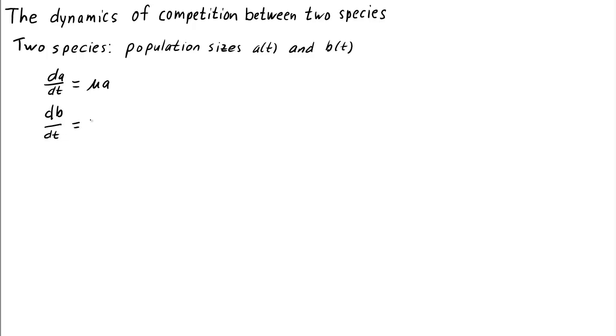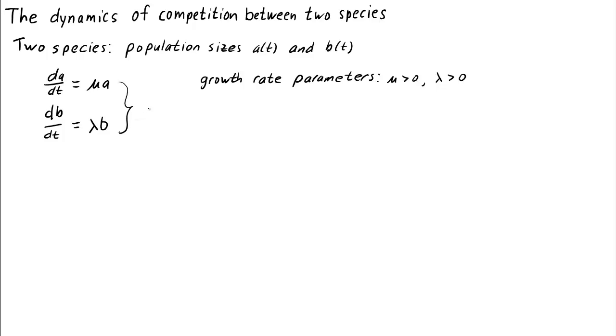Let's say I have two species of animals in sizes A of t and B of t. If these population sizes grew according to the equations dA/dt equals mu times A and dB/dt equals lambda times B, with growth rate parameters mu and lambda, which are positive numbers, what can we say about the growth of these